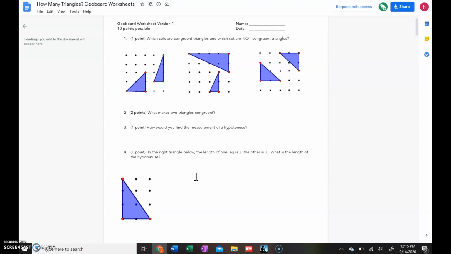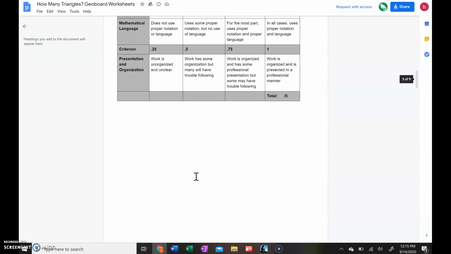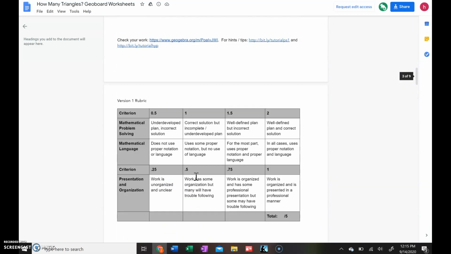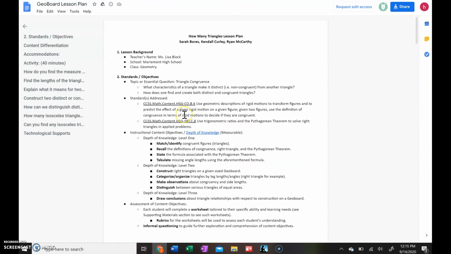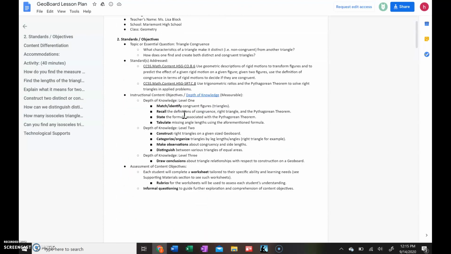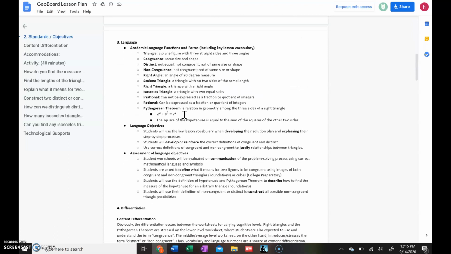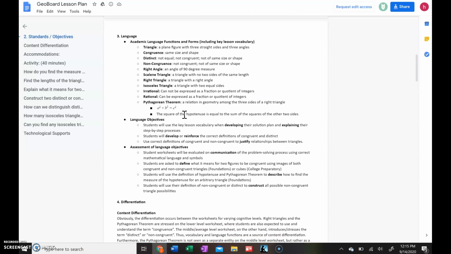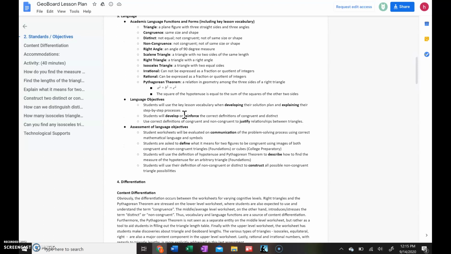That's the only thing I really had to say about the lower level, the level one worksheet, and it followed pretty well with all the language guide, the language objectives, and everything that's on the lesson plan here. Let's see what it says. So language objectives. I think it said for the lower worksheet, it's just focusing on the term congruence, which it